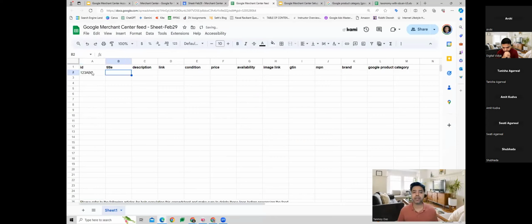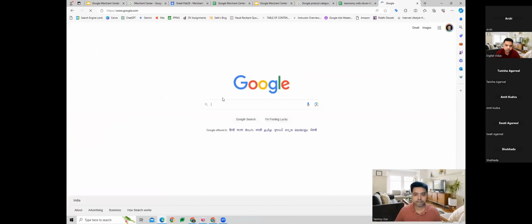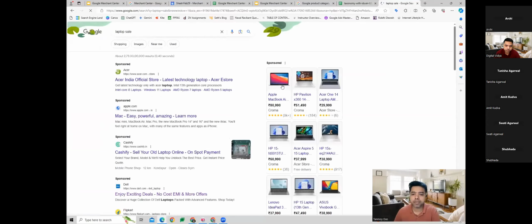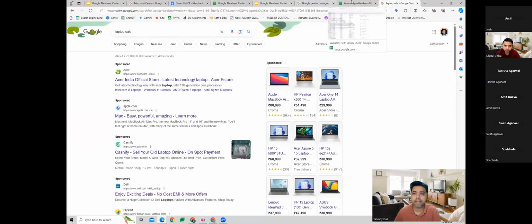Then we give a title. Title can be the name of the product which we are trying to sell here. So let's take an example for this. Let's say we are trying to sell this particular product, which is Apple MacBook Air 2020.